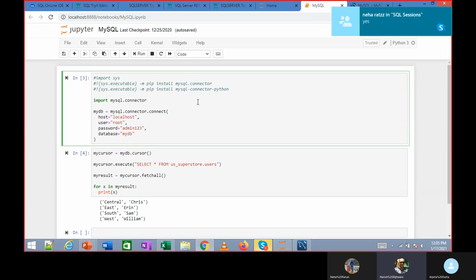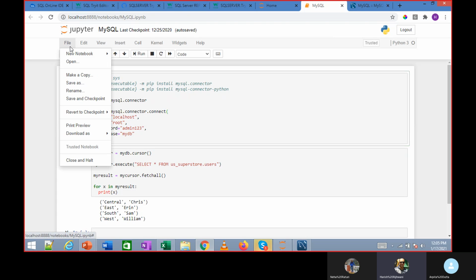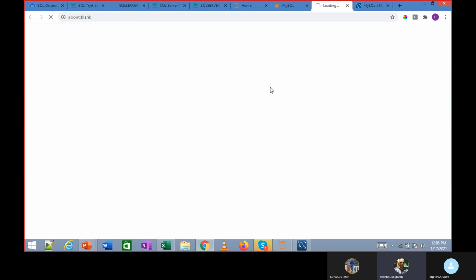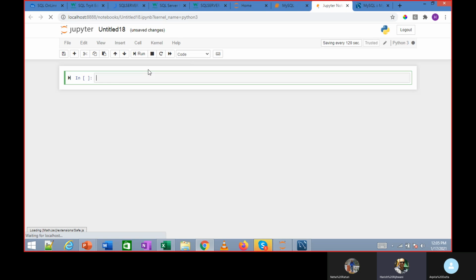Okay. The first thing you need to do is write the statement import sys. All right. You need to write a new statement. Import sys. Okay, you need to write this.